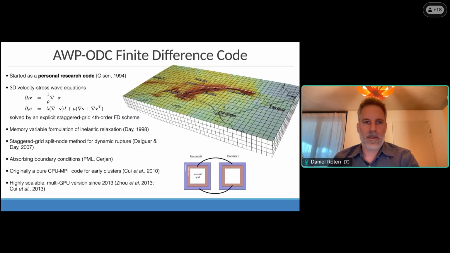In the past, those simulations were done at low resolution, and they only captured the long wavelengths, which are only relevant for very tall buildings, like high-rise buildings with 20 or 50 floors. But the most vulnerable buildings are much shorter. They have 2 to 5 floors, and they have natural frequencies of 2 or 5 hertz. To capture that, you need much higher resolution.